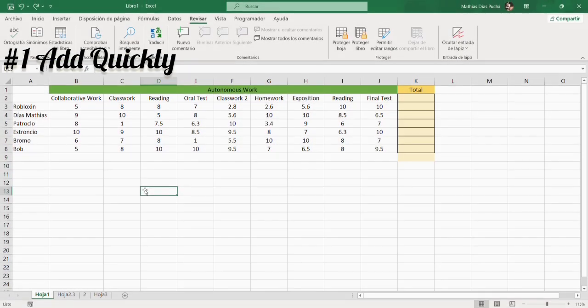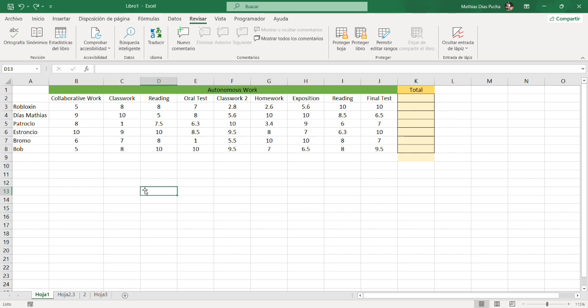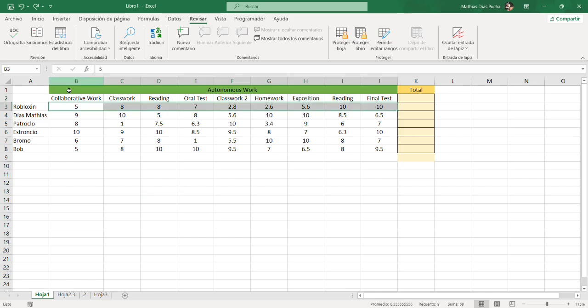So the first tip is to add very quickly. As you can see, here is a table with a series of data or grades that my students have. So for example, it is more traditional to think that if you want to sum up all of this, you are going to see 5 plus 8, 5 plus 8 plus 7 plus 2.8,